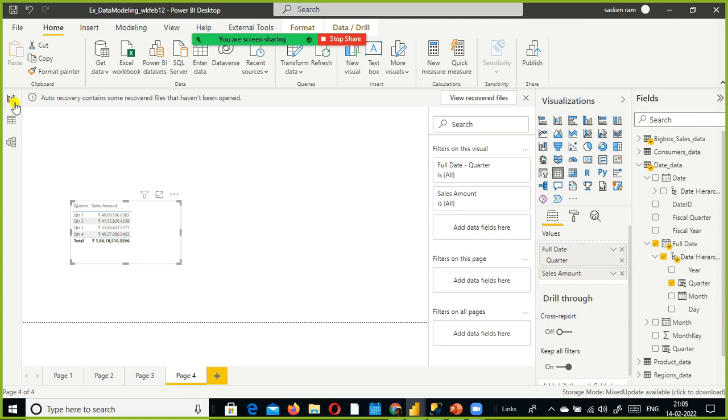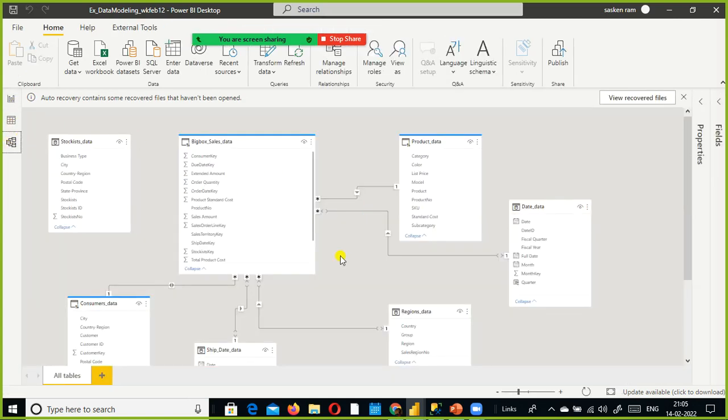If you hover the cursor over the relationship between the date table and the sales table, you can see the columns we used to link these tables: date ID on the left side, order date key on the right side. These two columns we use to create the relationship between these two tables.